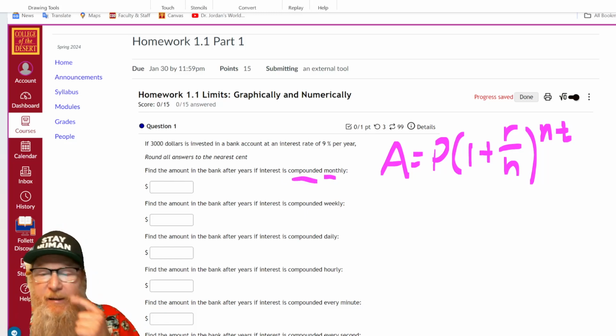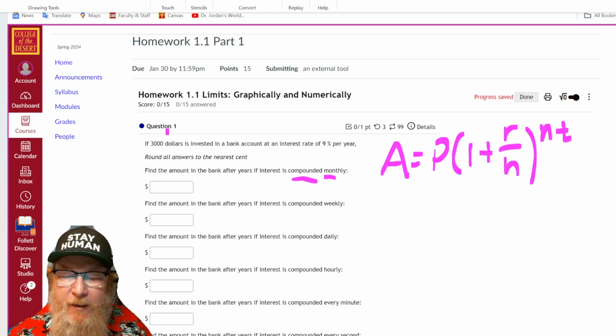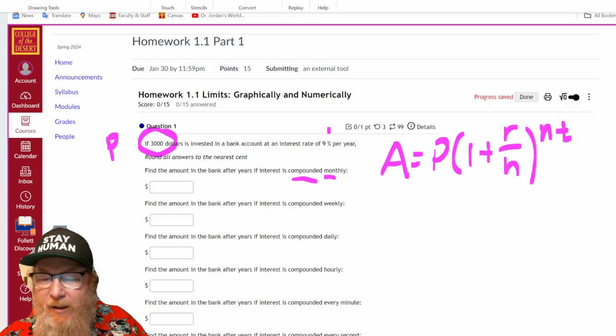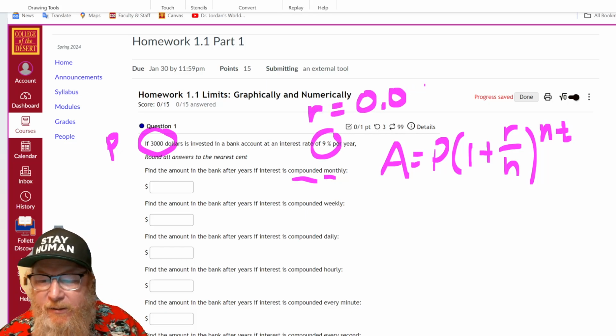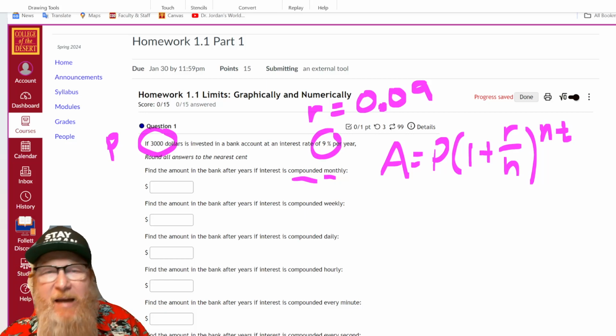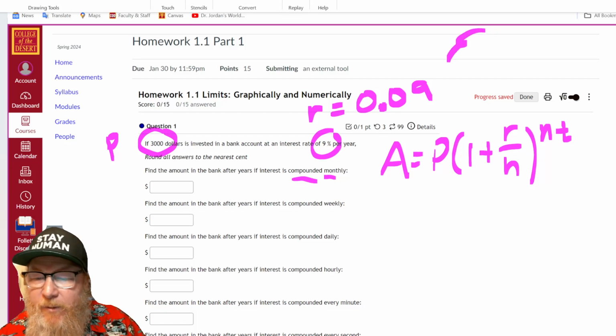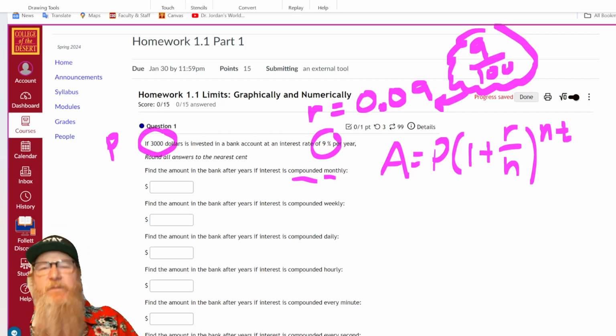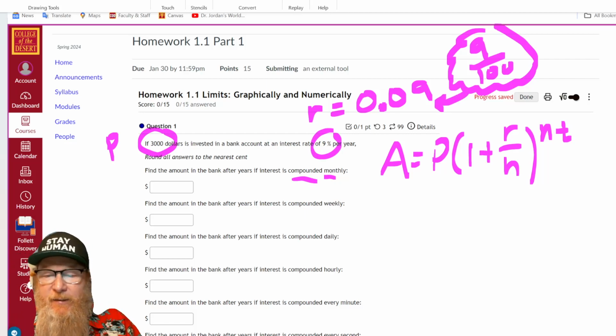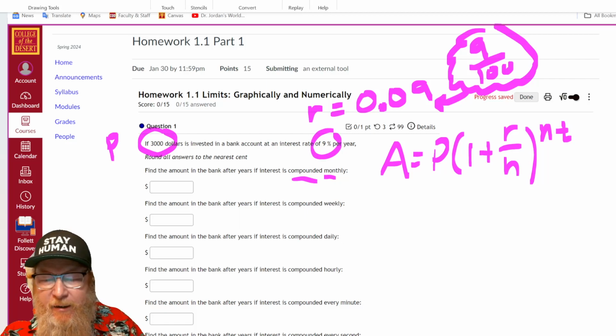And we're compounding it monthly. The principal is $3,000. The interest rate is 9%. Remember, percent means divided by 100. I'm going to write that over here: 9 divided by 100, written as a decimal. And the number of years